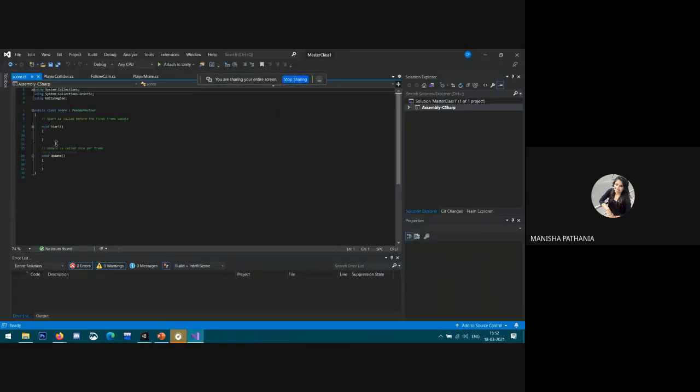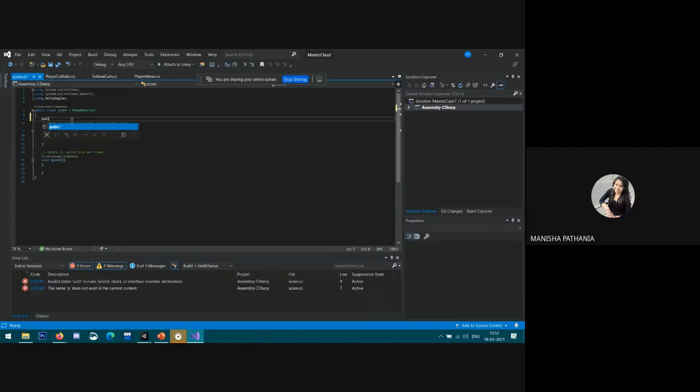Yes, it's open now. So what I need to do for scores, for that purpose, first I need to declare one variable of public type, public transform. Why transform? I already explained you. Okay. So transform because we want the position of the player, right? What is the position of the player? Okay. So that's why I declare it as transform. Then after that, transform player.